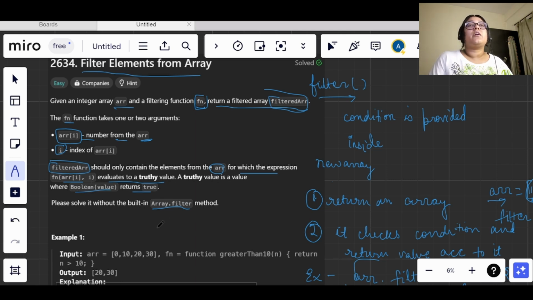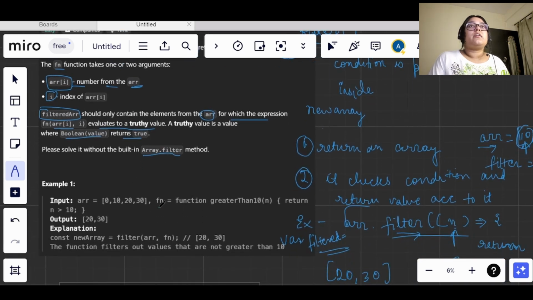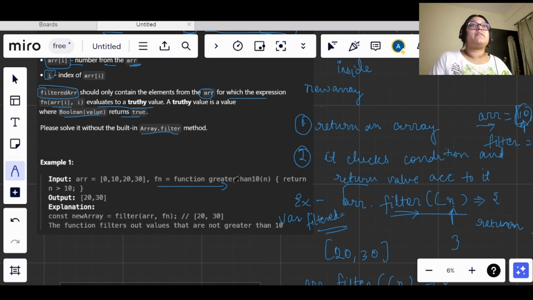This filter function will return a boolean value. For example, if we have been given the function greater than 10, the truthy values will be only the numbers greater than 10. If we pass an array, let's say 0, 10, 20, 30, then 0 and 10 are not greater than 10, so they should not be in the new array.